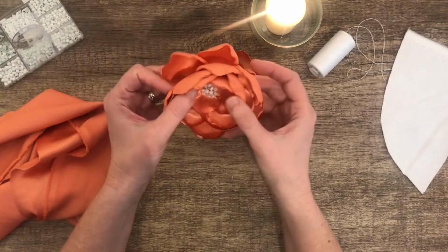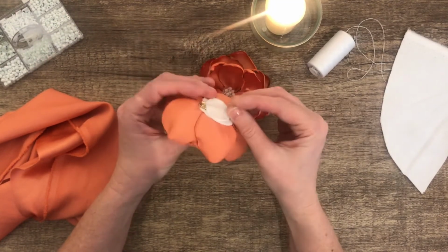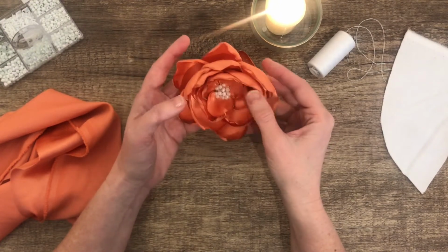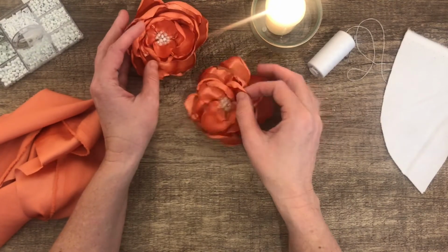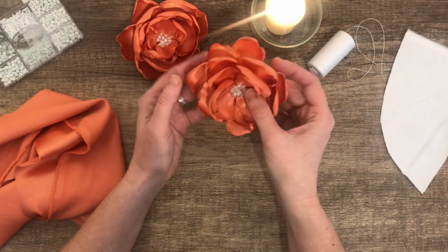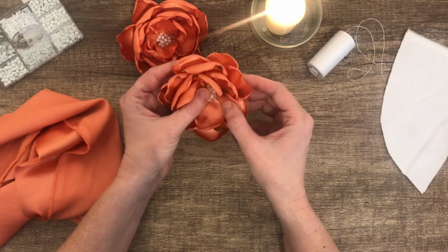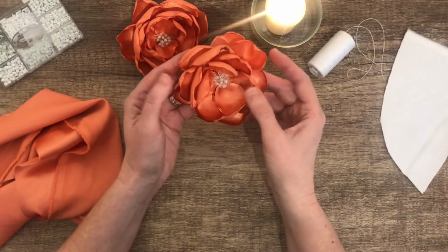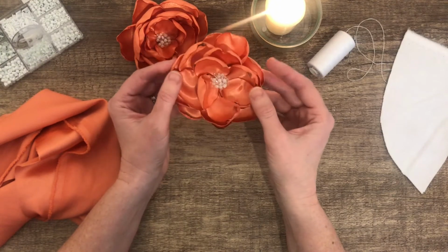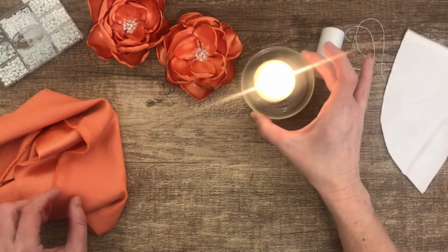So this one is attached to a little pin, so you can pin it onto things. And then this one, I haven't attached a pin yet. I thought it might be quite nice on a journal cover, or I don't know, haven't decided yet. But today I'm going to make a yellow rose, but I wanted just to show you how to do the petals to start with. So you need a flame,